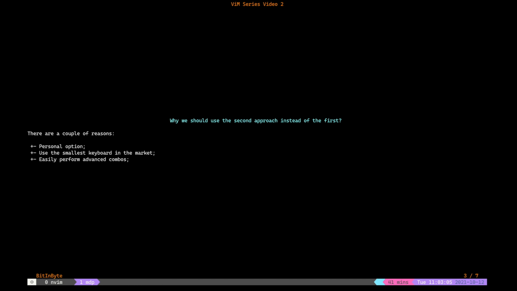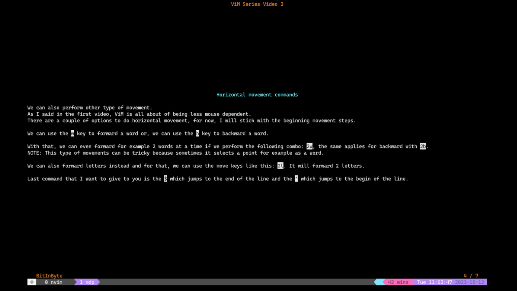So it's easier. I'll show you in the next slides, like forward two letters to the right. To go forward two letters to the right, we can use 2L, and if you use the arrow keys, we need to use the right arrow key twice. I'll be honest with you, I don't even know if that combo works with the arrow keys. I guess that it works, but as I use the second approach, I never use the arrow keys for anything. Basically, my arrow keys are completely new.